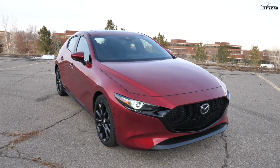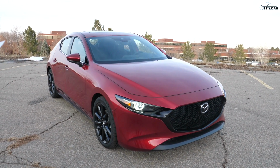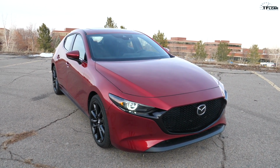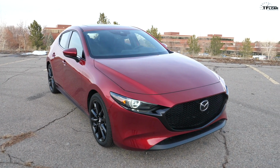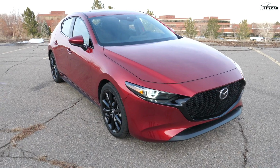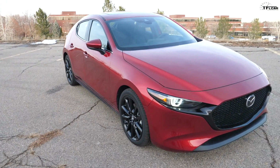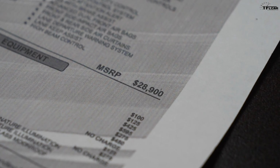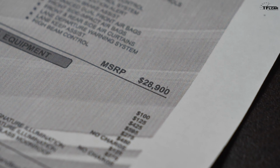So let's get down to it. What do you guys think that price was? This is the one. All right, give me the starting price before the options. The MSRP? Yeah, this is the MSRP before the main options. All right, show them. Okay. Do you want to show me or want me to say it? Just get on with it. $28,900. This car, as it sits with all the goodies,